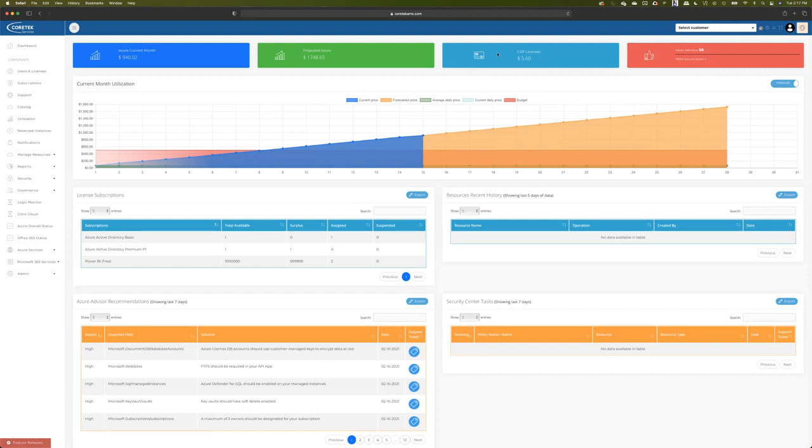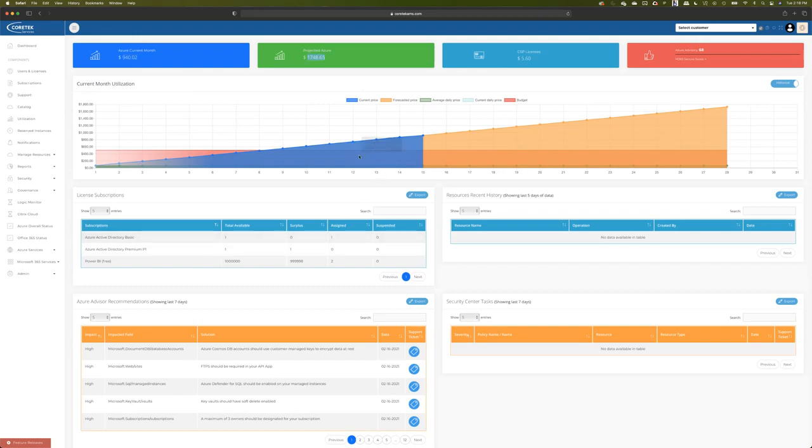So from the dashboard view here, right off the bat, we're able to see our current month-to-date spend for Azure resources and our projected monthly spend. So this is looking at our current month of February. There's about a 12-hour delay for resources, so we're seeing through the end of the 15th right now for consumption, and we're seeing $940 through the 15th and projected spend of